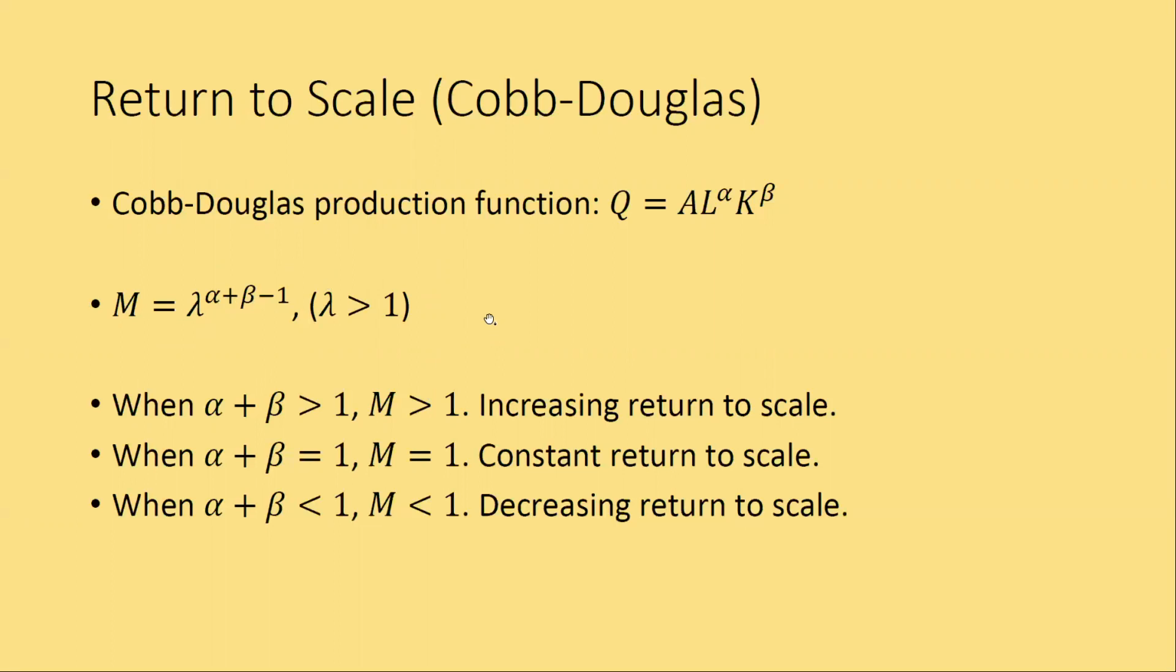And when alpha plus beta is larger than 1, the m is larger than 1, and this Cobb-Douglas production function has increasing return to scale. Similarly, it has constant return to scale when alpha plus beta equals 1, and it has decreasing return to scale when alpha plus beta is smaller than 1. So now,